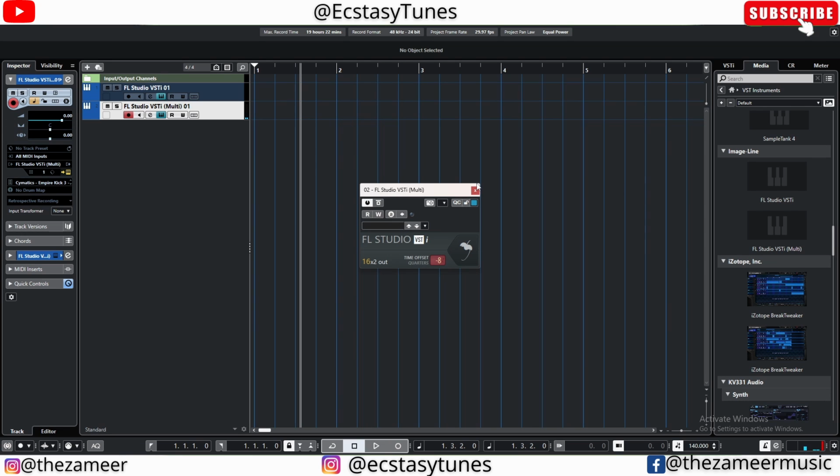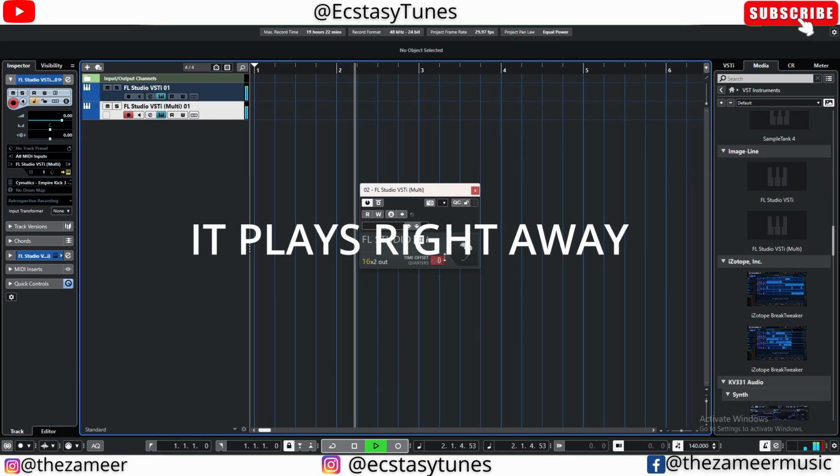I'm going to come back to Cubase. When I hit play now, it's going to give me a 4 count first before the sound starts to play. The reason it's giving me a 4 count first is because of this time offset in quarters, right? So if I change this to 0, when I hit play,